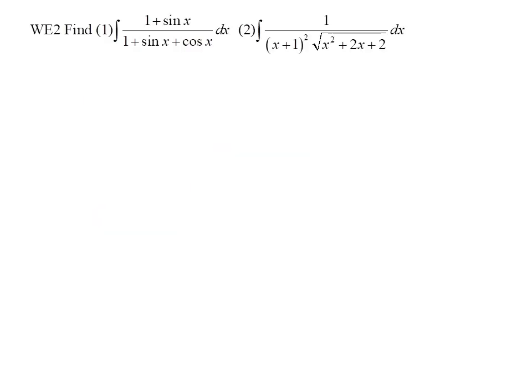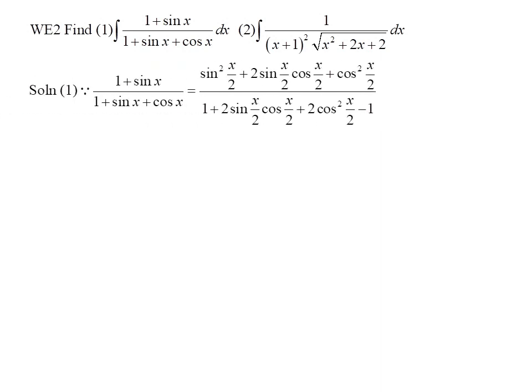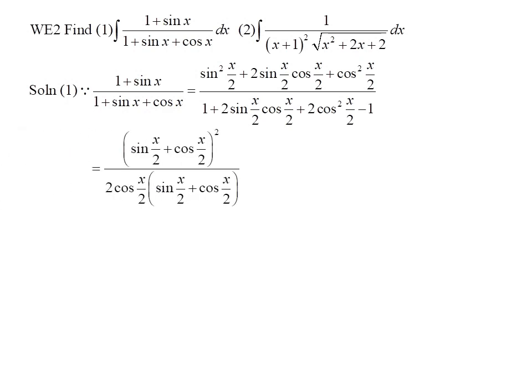Example 2 is to find general solutions of 2 antiderivatives. As for the first antiderivative, since the integrand can be written as the square of sine x over 2 plus 2 sine x over 2 cos x over 2 plus the square of cos x over 2, all over 1 plus 2 sine x over 2 cos x over 2 plus 2 times the square of cos x over 2 minus 1, which is simplified to (sine x over 2 plus cos x over 2) squared